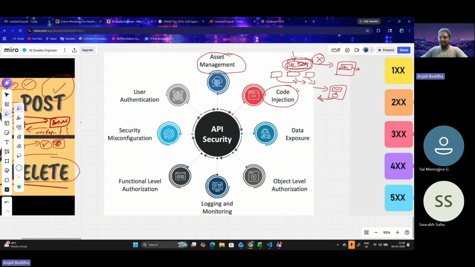SQL is a language through which you connect to databases. By allowing the user to write his own SQL queries and just running them in the backend, he can actually delete the whole thing. That could be like an injection prompt. And even though we are collecting the user selections and then creating our SQL query internally, if he somehow gets to know how we are creating this SQL query,